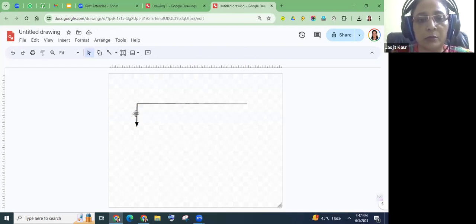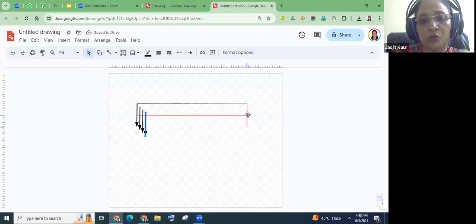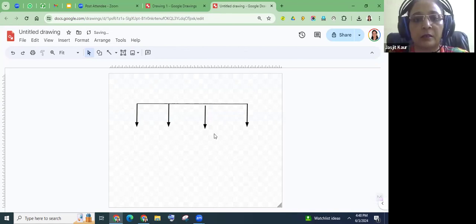Now this we can make a duplicate. You can show it like this. So we can resize it, we can make it into the other forms like that. Apart from that,